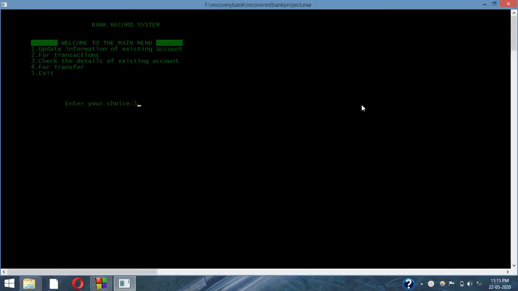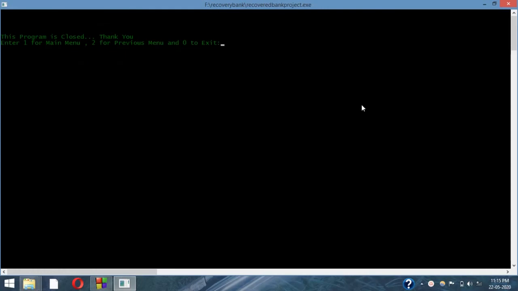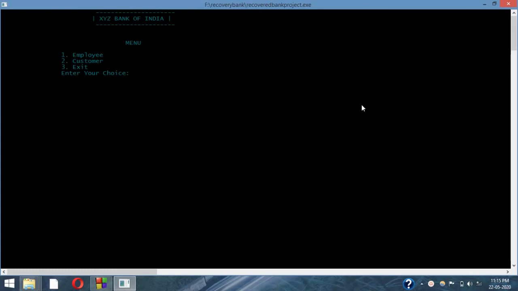So I want to go to the previous menu. Pressing 5, exit from the customer record, and we are moving back to the main menu to enter the employee menu. So for security purposes it is asking for the employee ID.